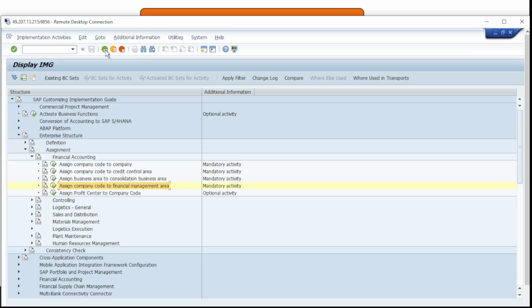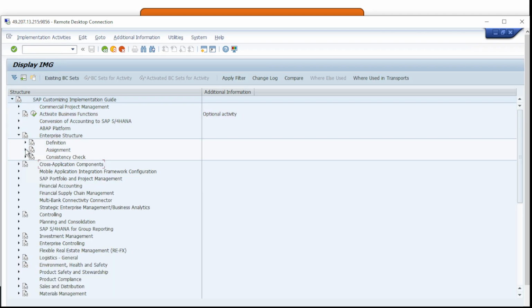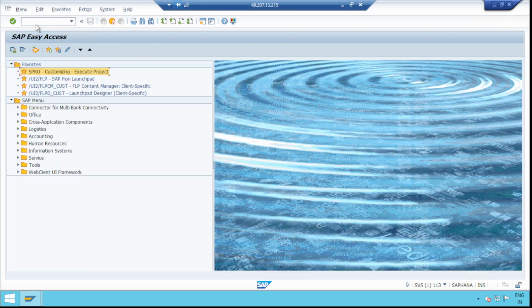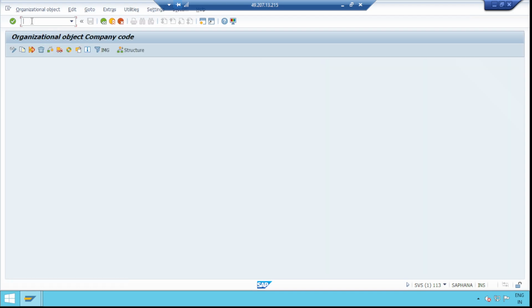So this is how we can define or configure the enterprise structure, the individual enterprise units, and link them together to create a structure. That complete structure you can see in your system through a transaction code called EC01. If you go to EC01, enter. Now go to the structure, navigation,